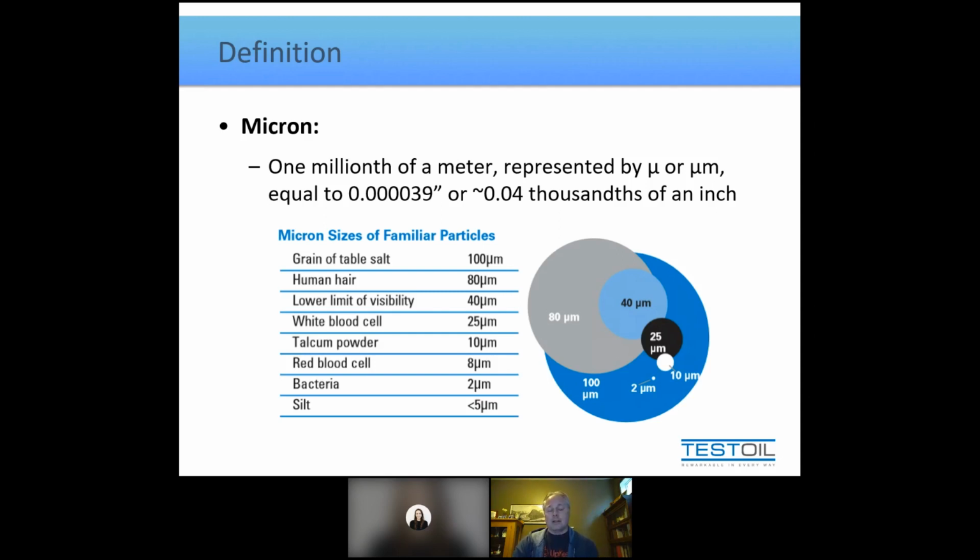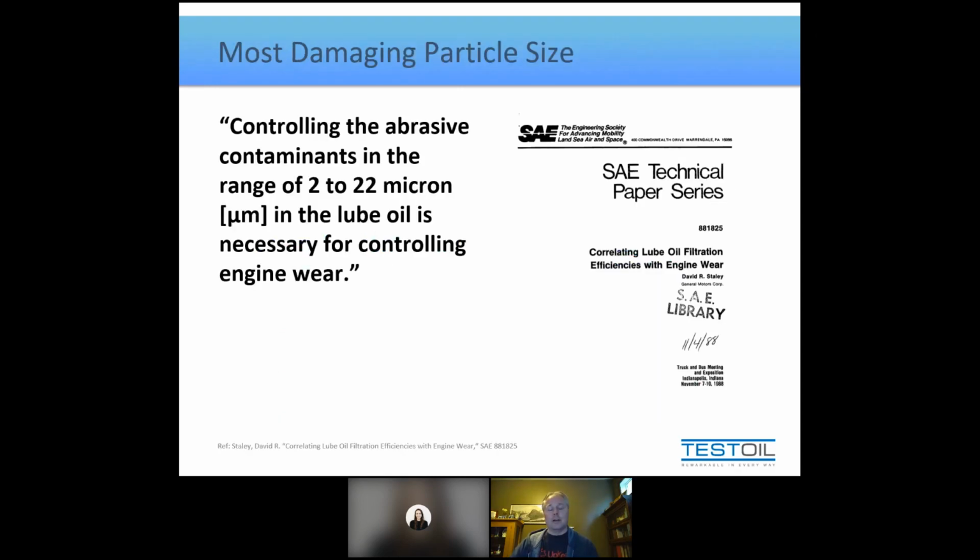So considering that those are some important micron sizes, one of the best questions you can ask yourself of any system is, well, how clean does it need to be? And that's going to lead to the question of what is the most damaging size of particle. And I'll share with you, there's an interesting automotive paper, and it concluded that particles between 2 and 22 microns were the most important particle sizes to control to mitigate engine wear. But that's just engines, right? That doesn't necessarily translate to all other types of machines.